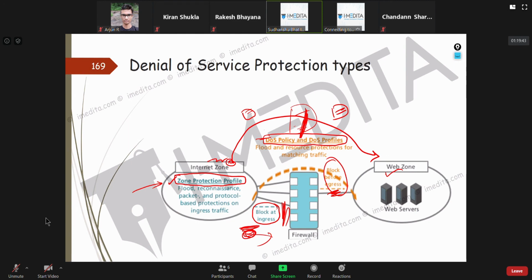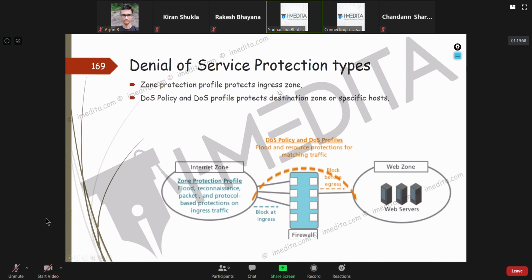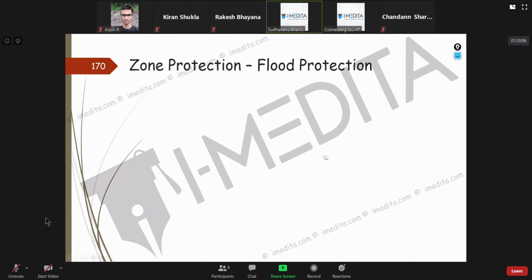Is the difference between the two clear? It will be further clear once we see the configuration. A zone protection profile protects the ingress zone. A DOS policy and DOS profile protect the destination zone, or you can even specify an individual IP address or host.